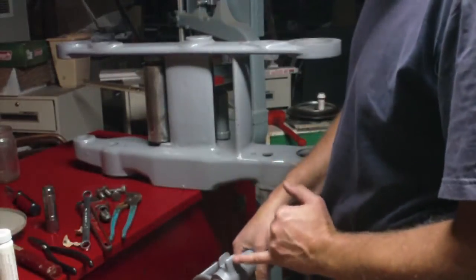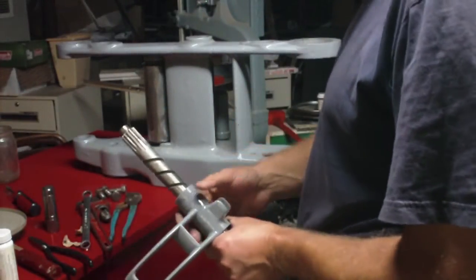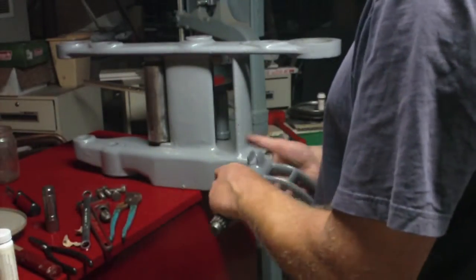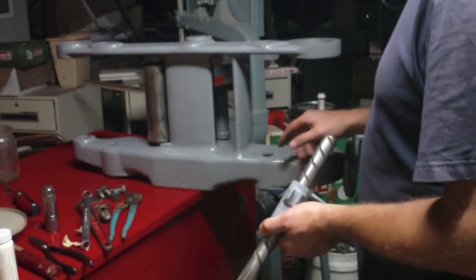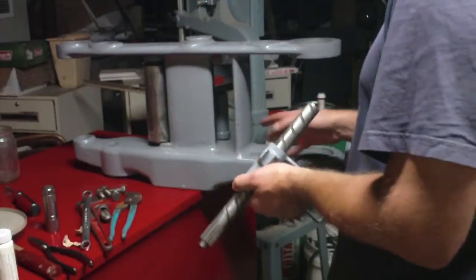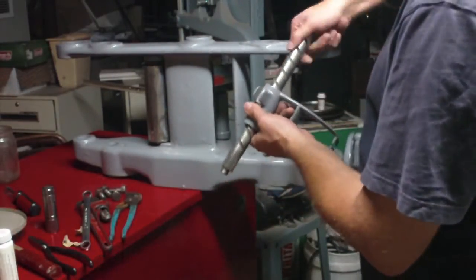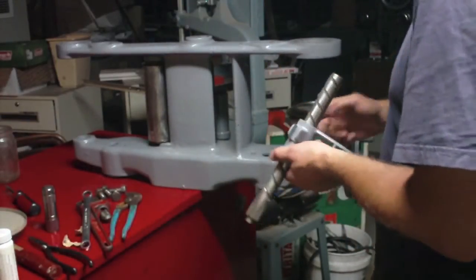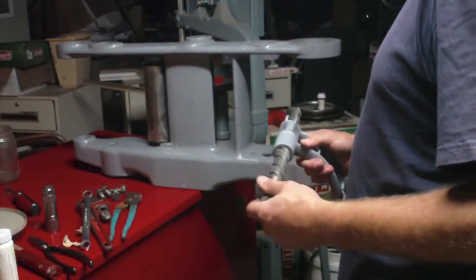Now, one of my two belt shippers has a tab broken off that I have to deal with. But this one is still intact, so technically I could put this one in. What I meant before about not having to worry about putting this together all lined up is that I can rotate this to whatever position I want and then drop it down in and have it mesh with the teeth down there. So for starters though,